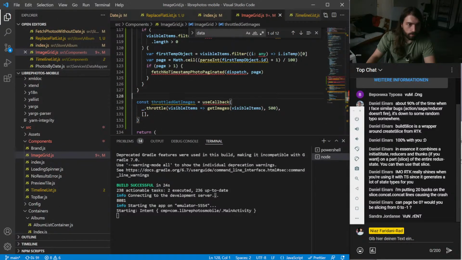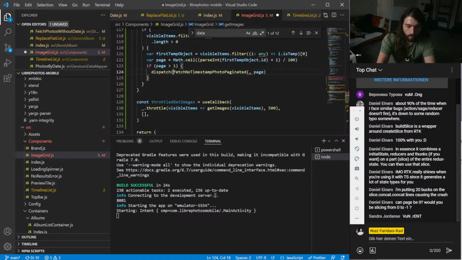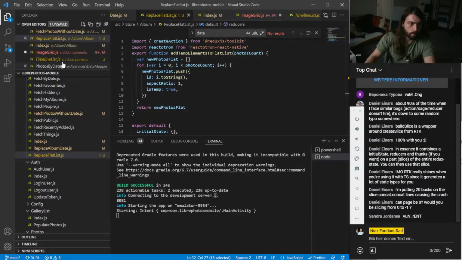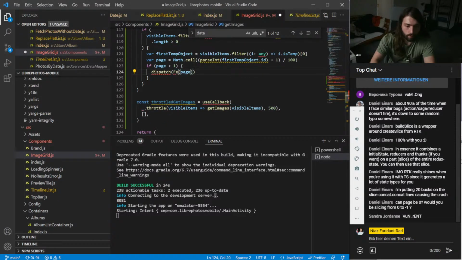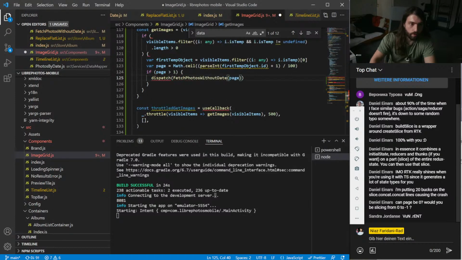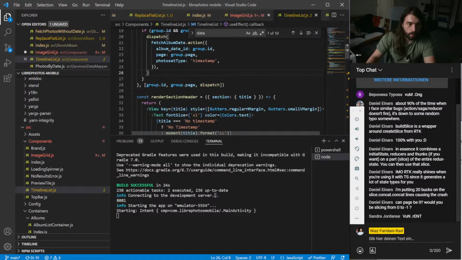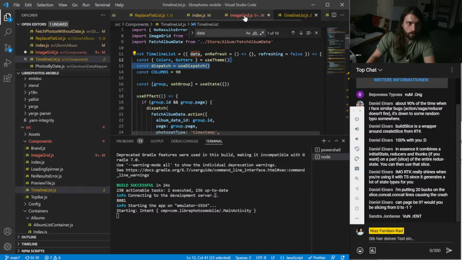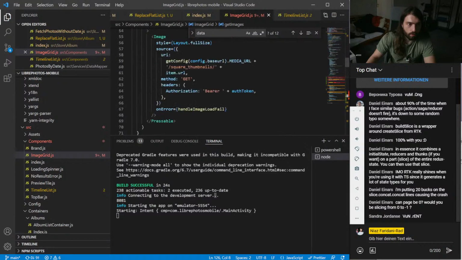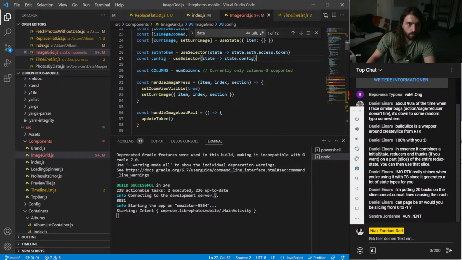Very cool. Dispatch, and then we call, how was it called? Fetch photos without date. Okay. Fetch photos without date. And then I also have to get a use dispatch. Use dispatch.